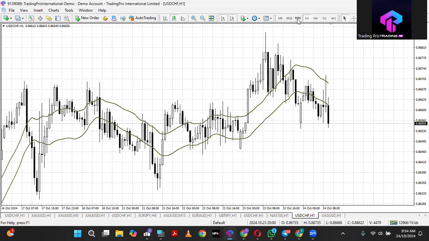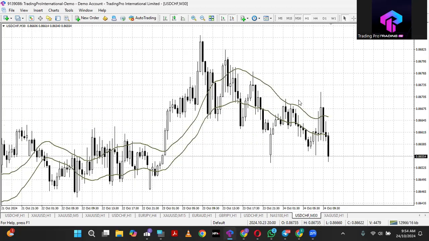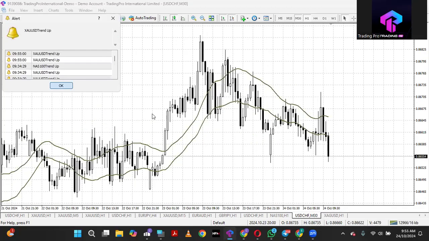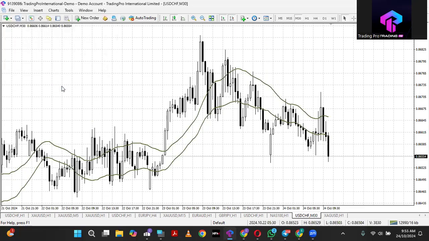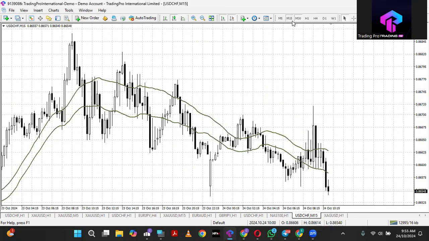If you go to the 30 minutes time frame, you can see that you're below the moving average on the 30 minutes. What does that mean? You should be looking for longs. Shorts, I mean, you should be looking for shorts. Then if you go to the 15-minute time frame and see price,